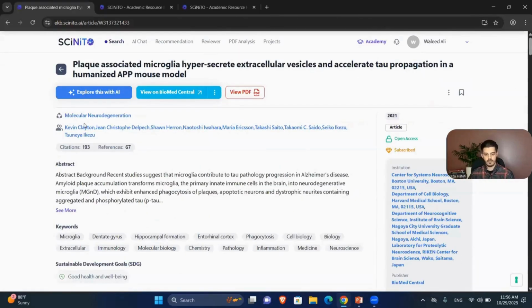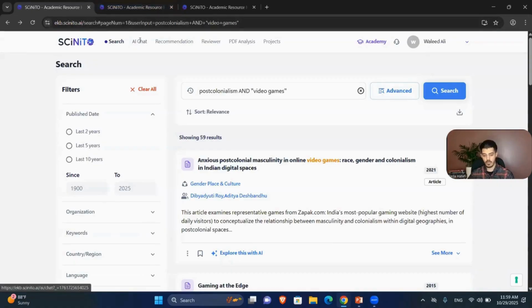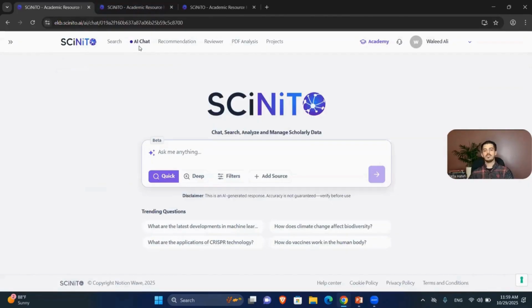Now, that was the Smart Search, all its various abilities. We will now actually move over to the AI chat. The AI chat, once again, being one of SciNiTO's more and most powerful features, will give you many tools to work with. Now, as you can see, we're here. This is a chatbot that